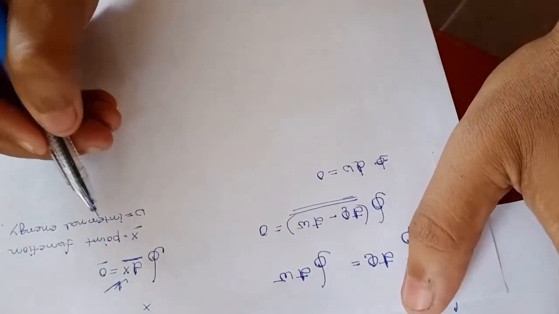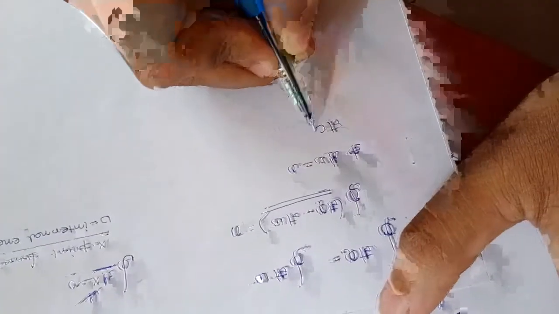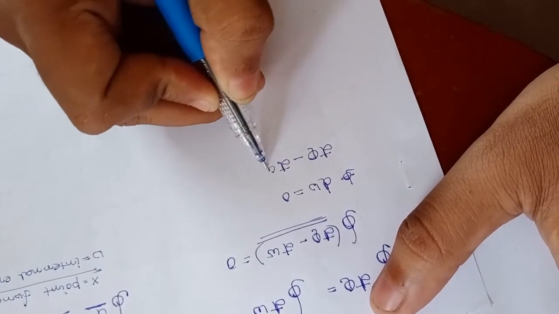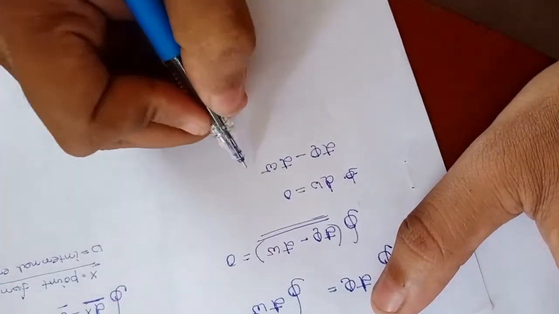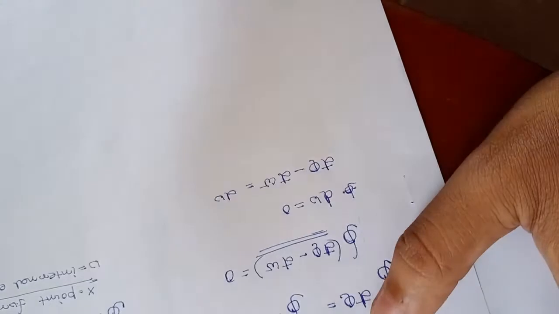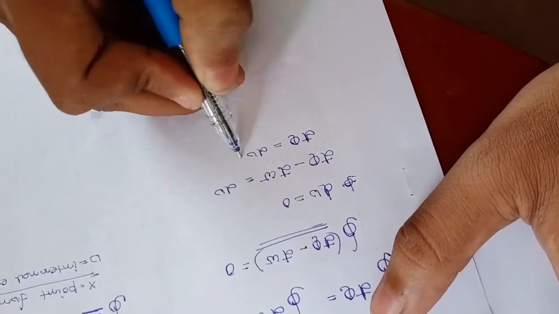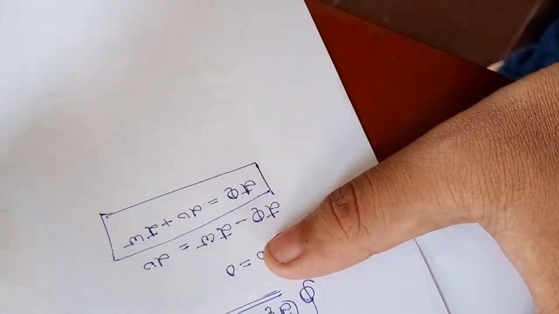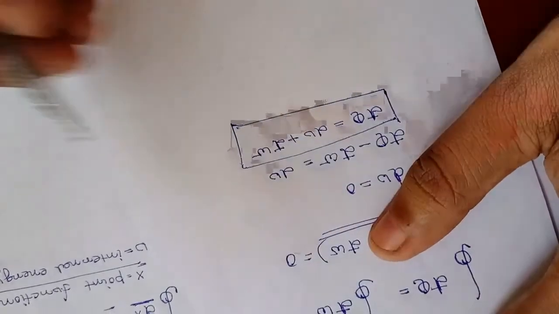So we can say del q minus del w is del u. Look, I am not cutting this u because u is a point function. Here comes the beauty of thermodynamics: the subtraction of two path functions results in a point function. This differential form you have read at your HS level. This is also known as the first law of thermodynamics: dq is equal to du plus dw.